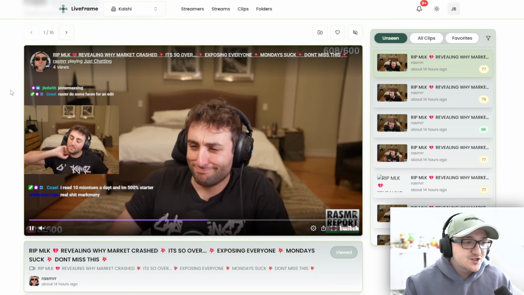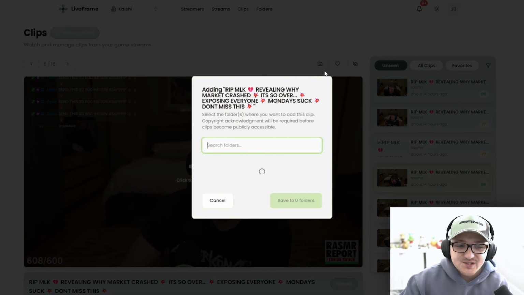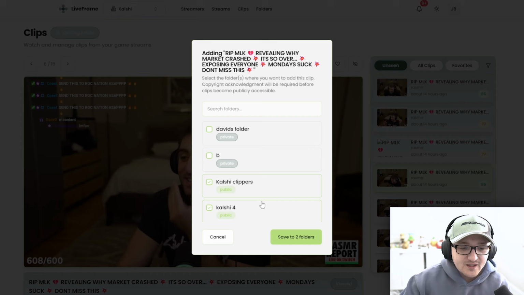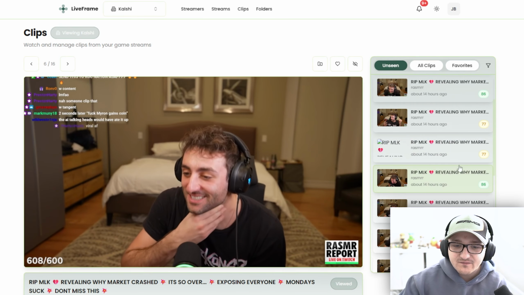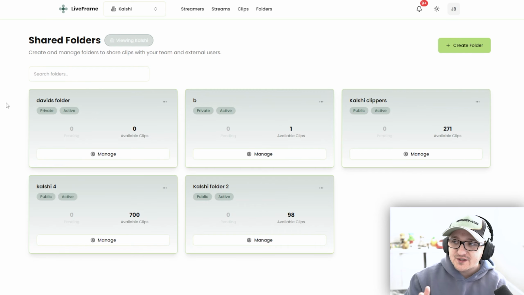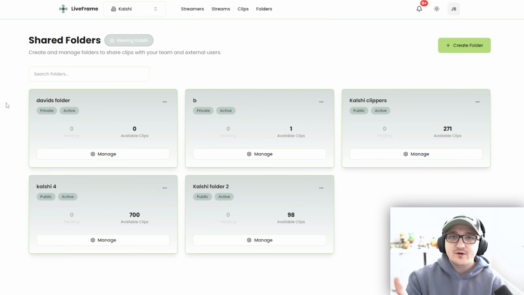Very easy. So from our business portal, let's say this is a good clip, we're going to put this in Kalshi Clippers 4 and Kalshi regular Clippers. We're going to save that folder. Now, there are several folders here. This is where we have a competitive potential advantage to something like a WAP or other clipping campaign softwares. What you saw was the content attribution. Now we're getting into the clipper and the content distribution.